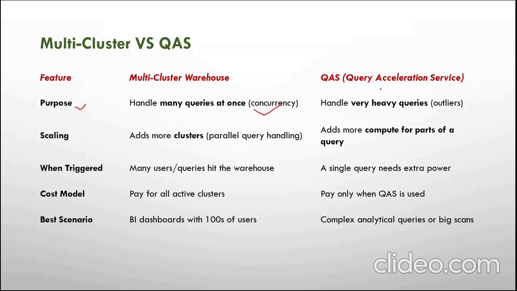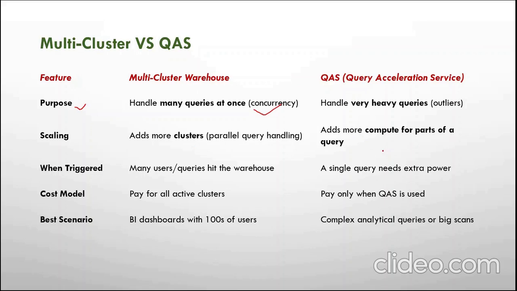So QAS is for heavy queries, it means outlier queries, very complex queries, joins, filters. In those situations we can use QAS. Next, scaling. It means add more clusters. When the number of queries increases, it automatically adds additional clusters. While coming to the QAS, it gives more compute for parts of a query. It only applies to that particular complex query, and it divides that query into parts,